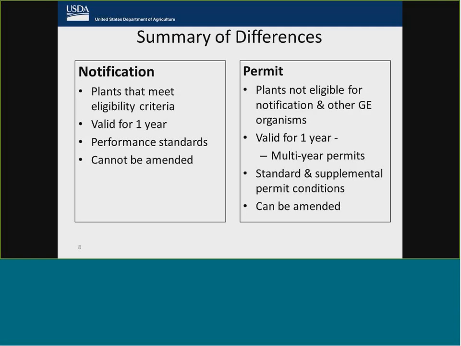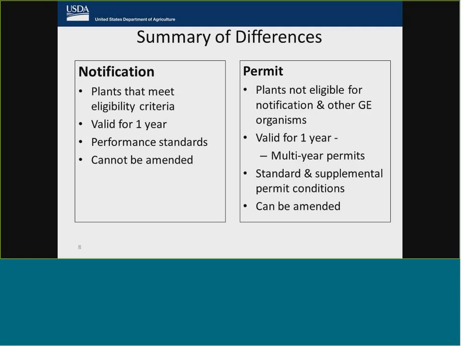Some of the other key differences between notifications and permits are that notifications are only valid for 1 year, whereas permits can be valid for 1 year or for multiple years. Right now, we're issuing permits that extend up to 3 years in time.